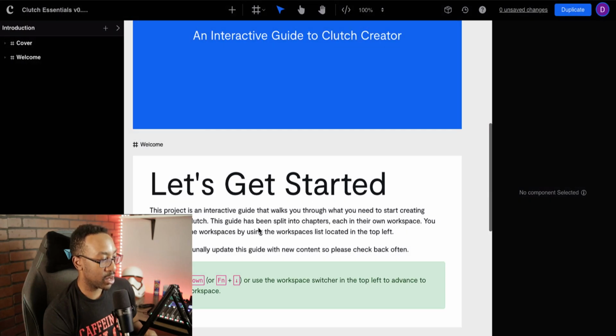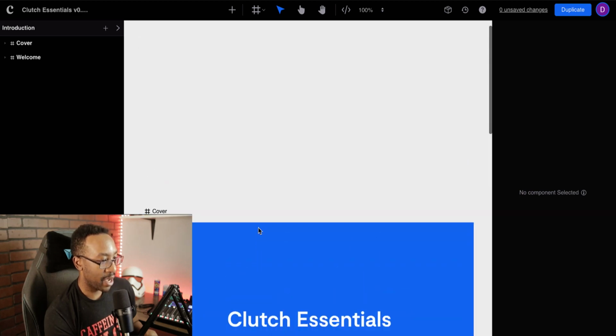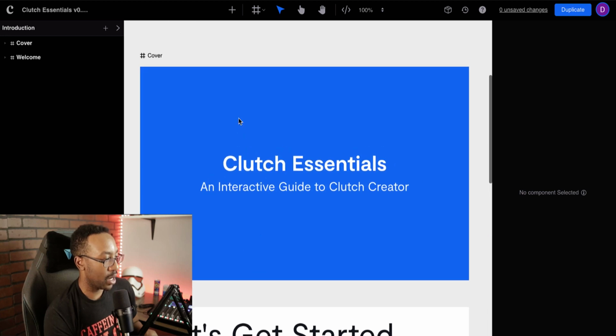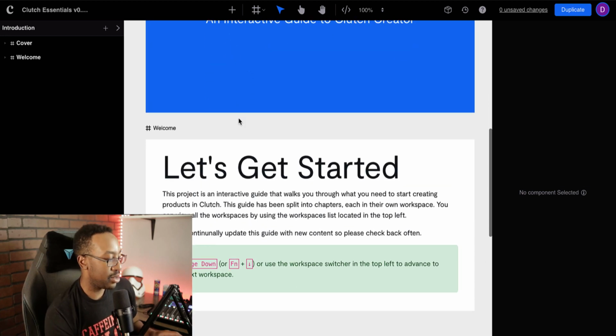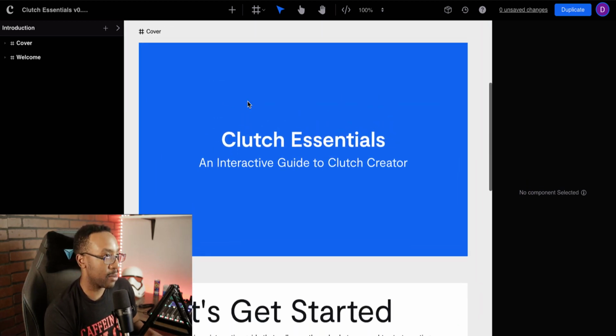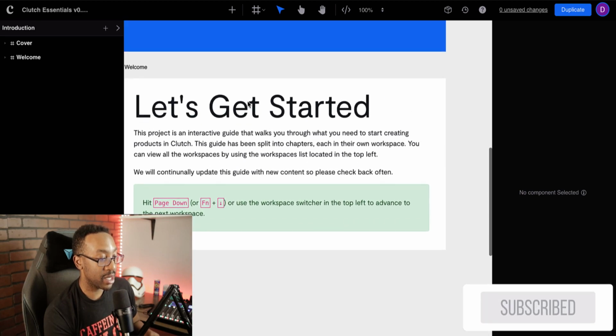Now, as you're getting started with Clutch, there's a couple of things to note. When I'm having the canvas right here, something to note is that when I first saw it, the canvas is larger, and sometimes it can be just a little bit off-putting what's happening. So just keep in mind, because we're using different components and it's going to be visual, I would see this more like Photoshop or something where it has layers and things like that.